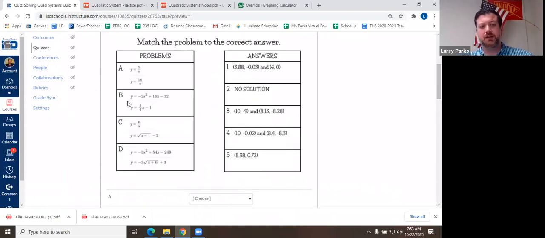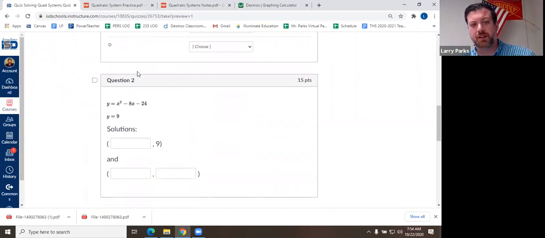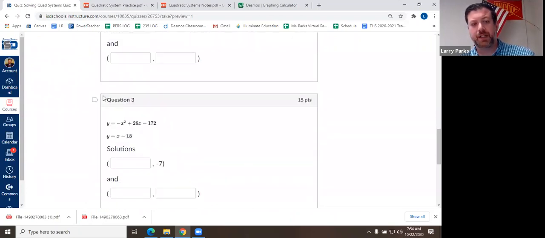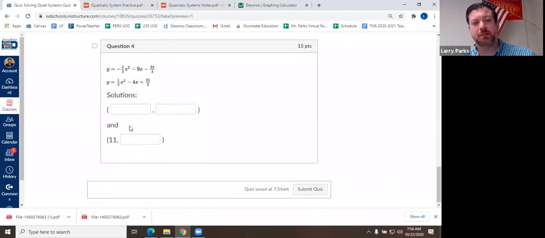So here we go. So again, what are the solutions? You can use Desmos. Yeah, all of these you can use Desmos on. Okay, so I'm pretty sure the solutions are whole numbers. But